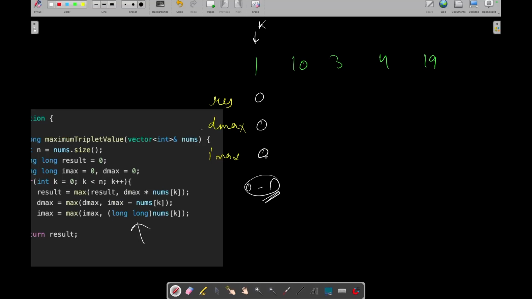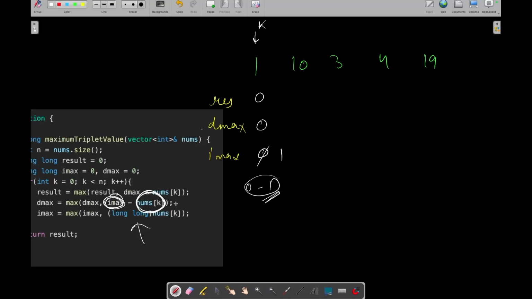Now let's maximize imax. So imax will be maximum of imax comma nums of k, so we update it to 1. Okay, but why are we updating it with nums of k and dmax with imax minus nums of k? Because imax is obviously the nums of I for this iteration, and nums of k is going to be the nums of j for the next iteration.